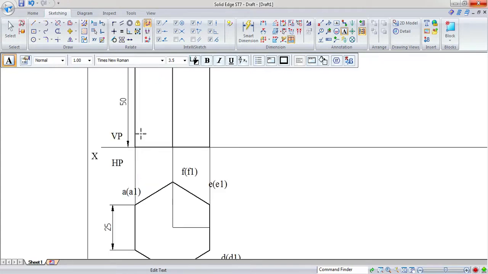Now similarly here, B1 dash, within the bracket we have to write A1 dash. Next it will be C1 dash and within the bracket F1 dash, and also O1 dash, that is also not visible here.